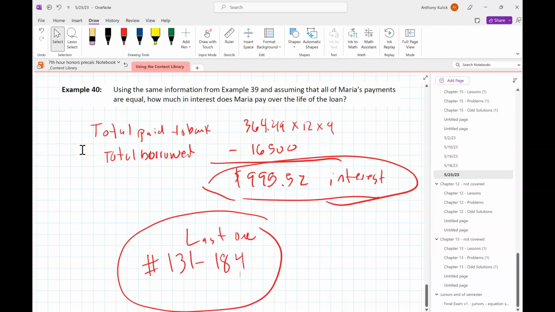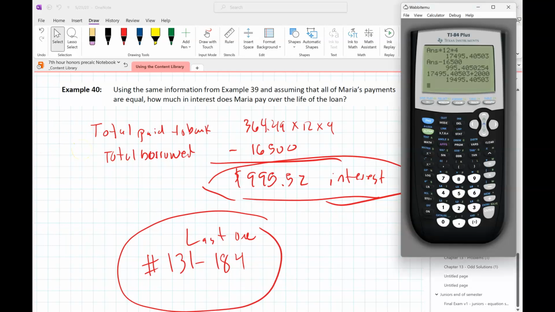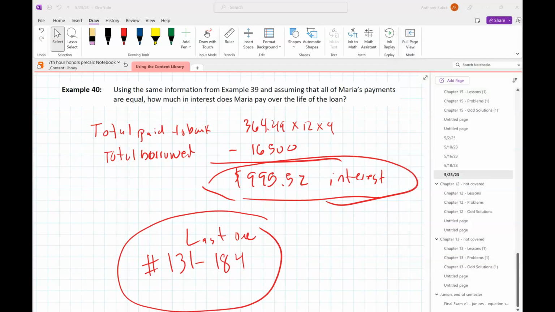But that's the gist of it. What do you guys think? You feel good? All right. Let's do this homework quiz that you guys